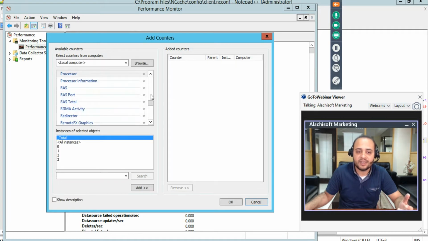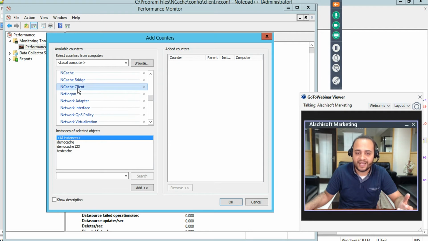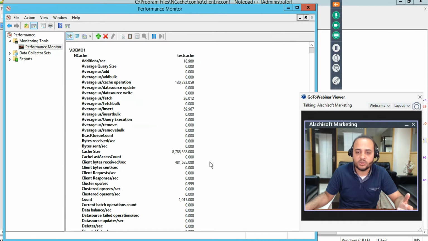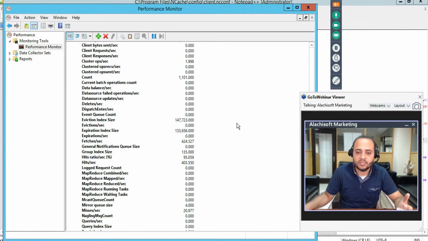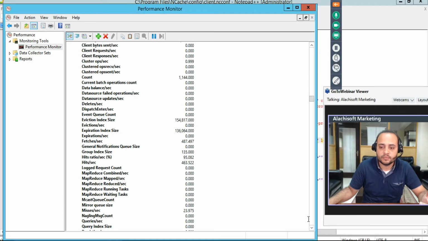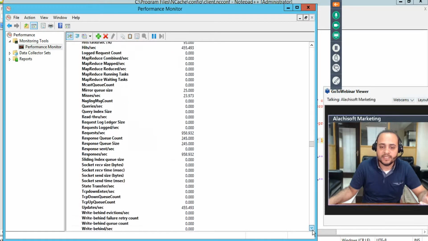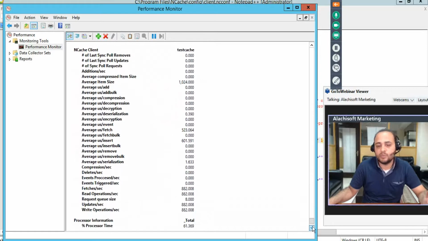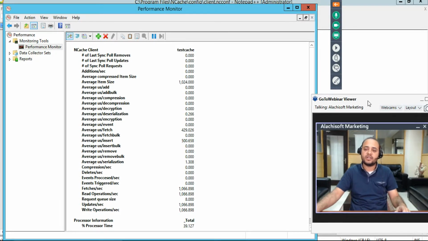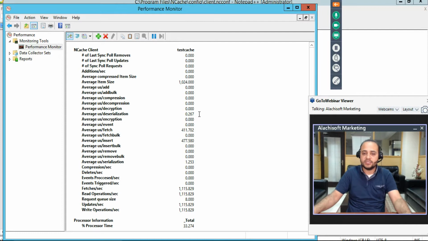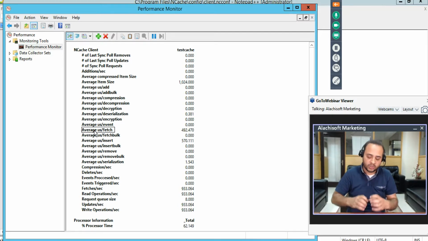But what about the client? So let's have a look at the client side counters, how much time it's taking to complete an operation. So you choose the NCache client category, choose test cache for the client, and then you choose add. So underneath here, you would see the NCache client section as well. And this is the most important because this gives you the NCache client side performance estimation. It gives you the item size, so it's 1024. It gives you average microsecond per fetch, 718,